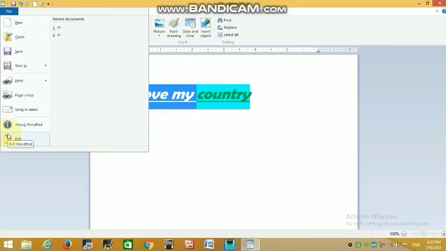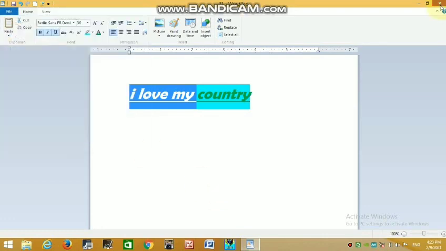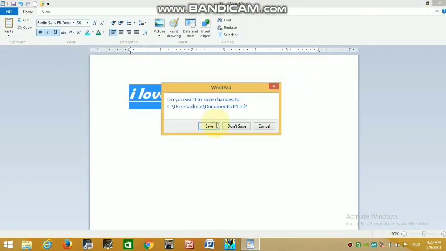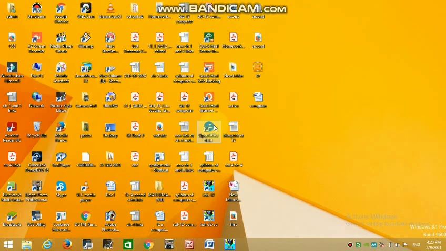This way you can close your program, and this is the close button. Save, yes. This way you can close your program. So how to start the program: Accessories and WordPad. So these are our basic WordPad functions and the screen we learned today.